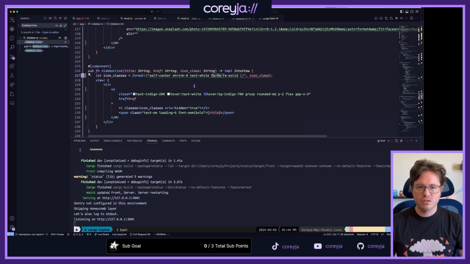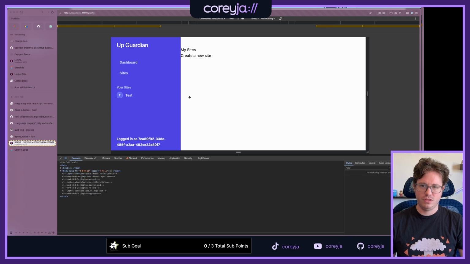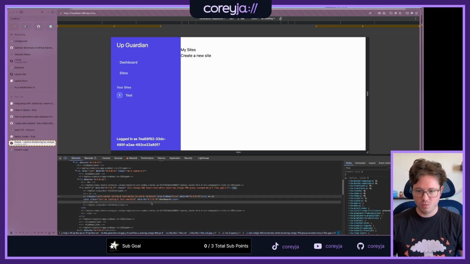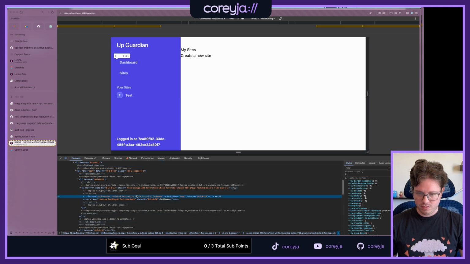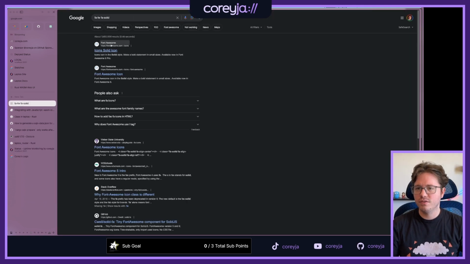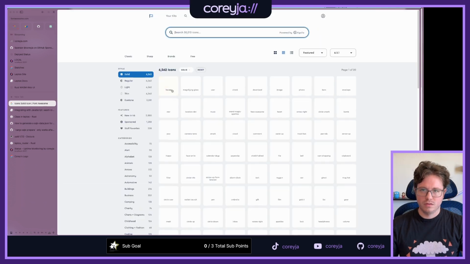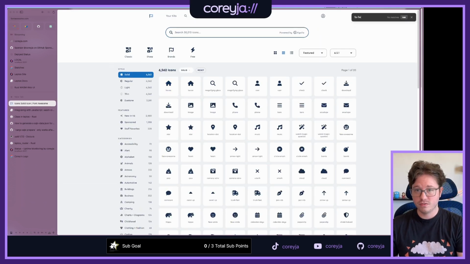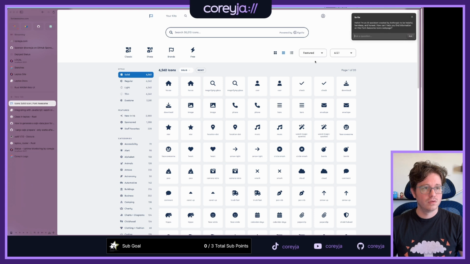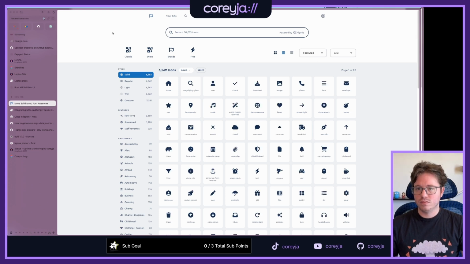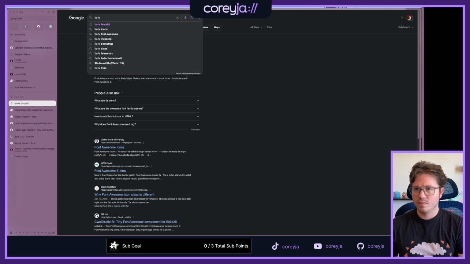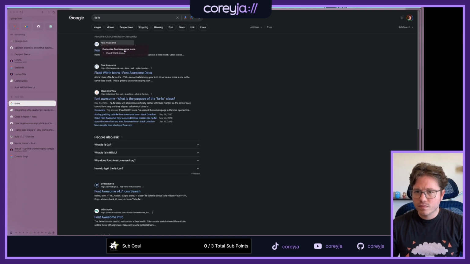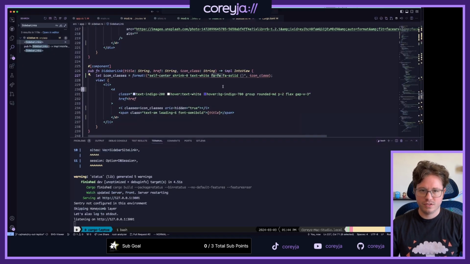I don't know what happened, because I saw them at the very beginning, right? They were here at some point. What are these things? What's FA-FW mean? Fixed width. Yeah, no, I want fixed width for sure.